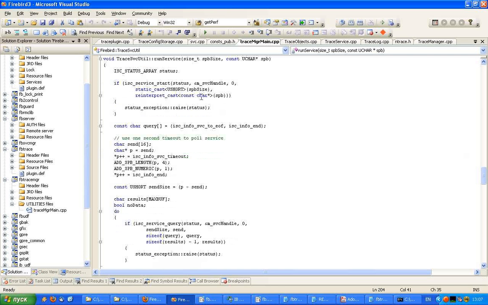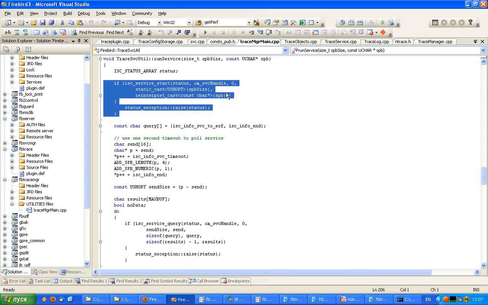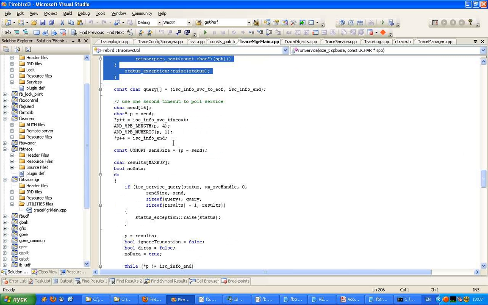I will prepare an example in the Pascal language, which is maybe easier to understand and more popular, but I think this C code is also not very hard to understand. So at first we should start the trace service. This utility has service parameter buffers already prepared for this, and then in the endless circle we should read the